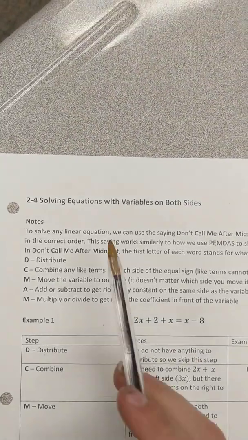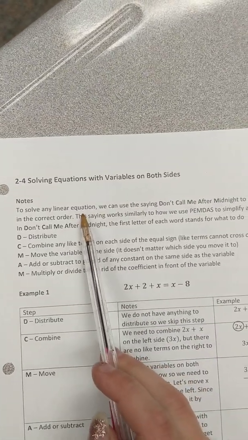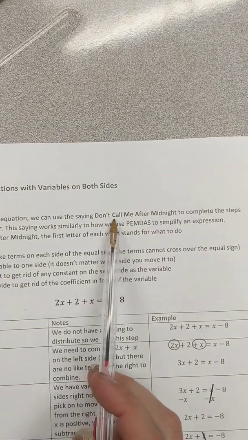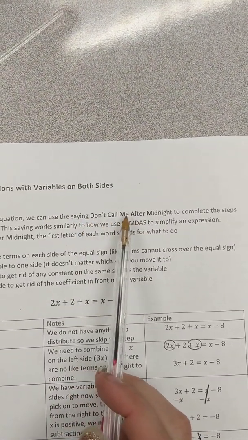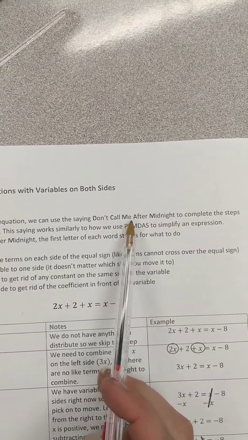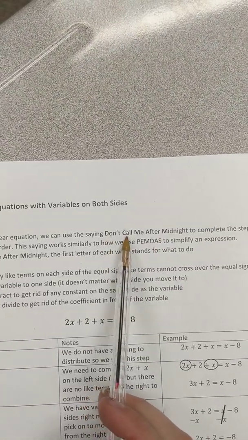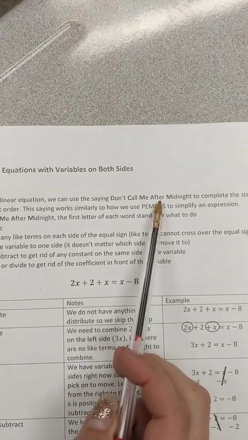All right, we're solving equations with variables on both sides. So when we're solving any linear equation, we can use our saying that says, "Don't call me after midnight." Don't call me after midnight. Each of those letters, D, C, M, A, M, stand for something. So if we just remember, don't call me after midnight, we can help remember our order of what we're supposed